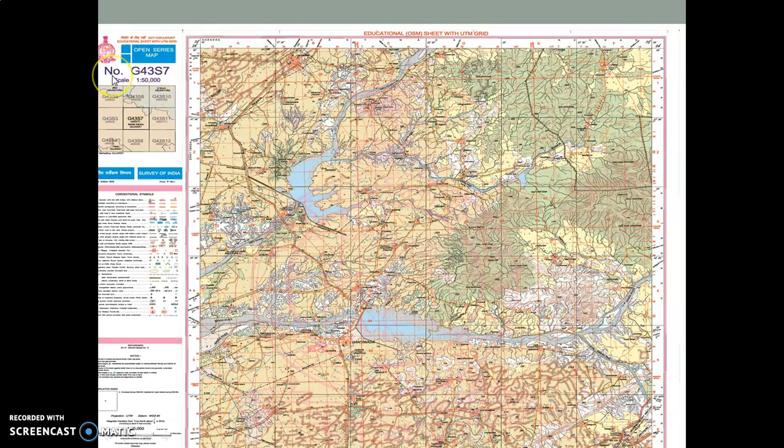Now see, this is 45D by 7. Earlier the topo maps had the sheet number 45D by 7, but now these new maps are prepared and this number is changed here. 45D by 7 is replaced by this number